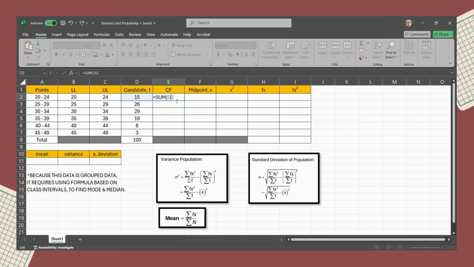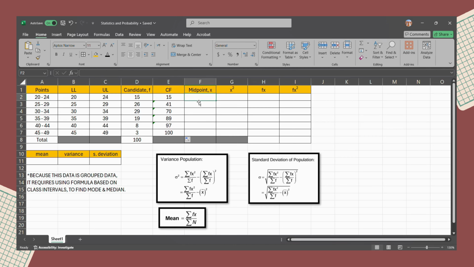Then we put the dollar symbol in front of it and use the colon, and we take the candidate again, close the bracket and enter. Then we drag it, and we got the cumulative frequency.